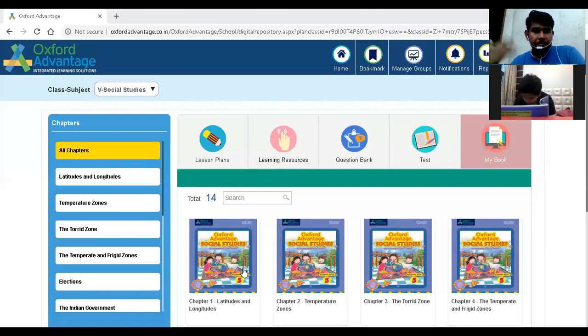Now, please read the second and third line of the paragraph. Latitudes are imaginary lines which run from west to east. The equator is the most important latitude. It divides the earth into two equal halves or hemispheres. The word hemisphere literally means half.